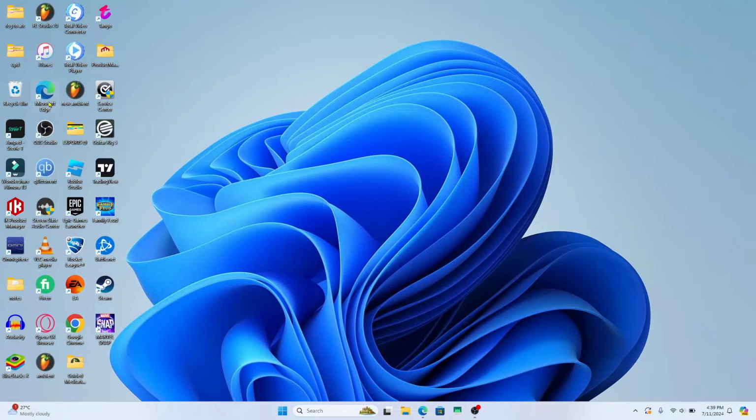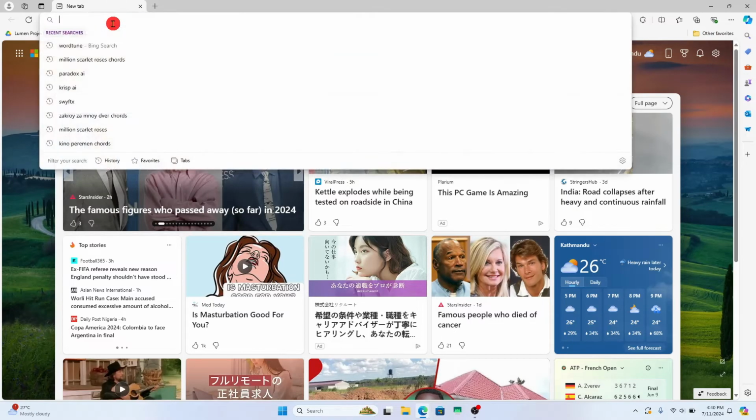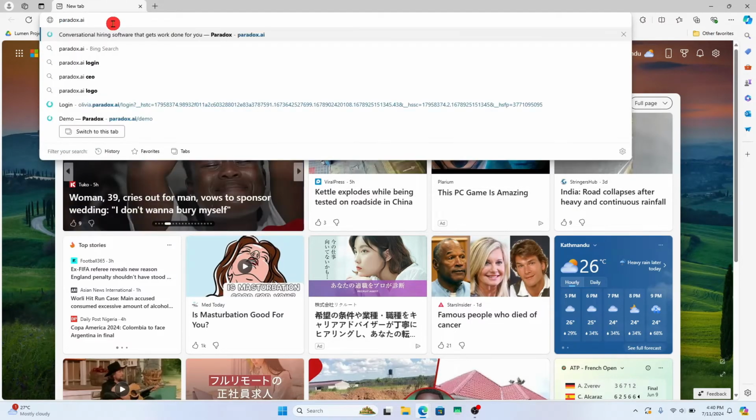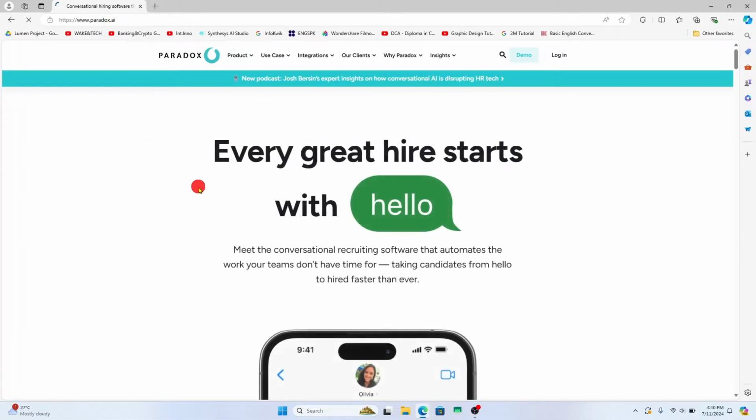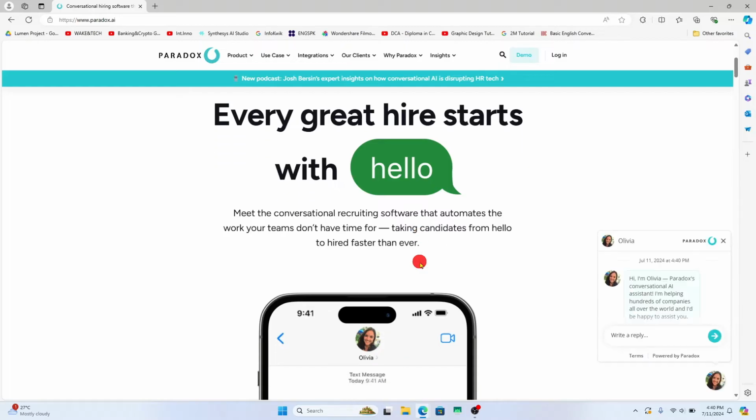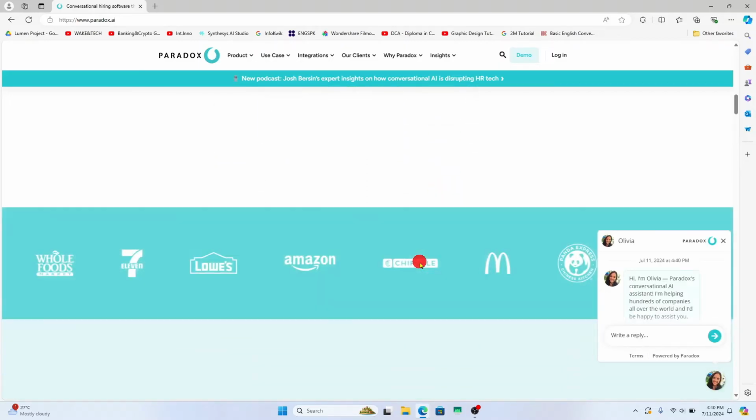First of all, open up your web browser and then in the address bar, type in paradox.ai and press enter. This will now take you into the official website for Paradox AI. Now from the homepage, if you don't already have an account, you will need to click on the demo button